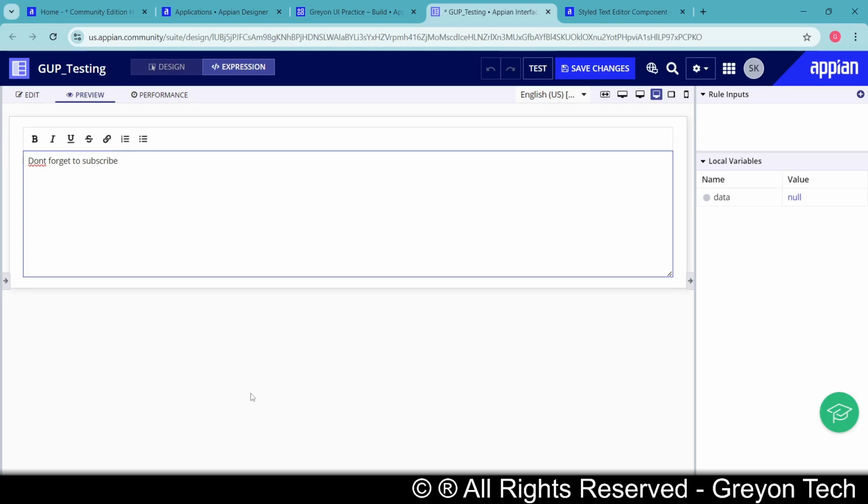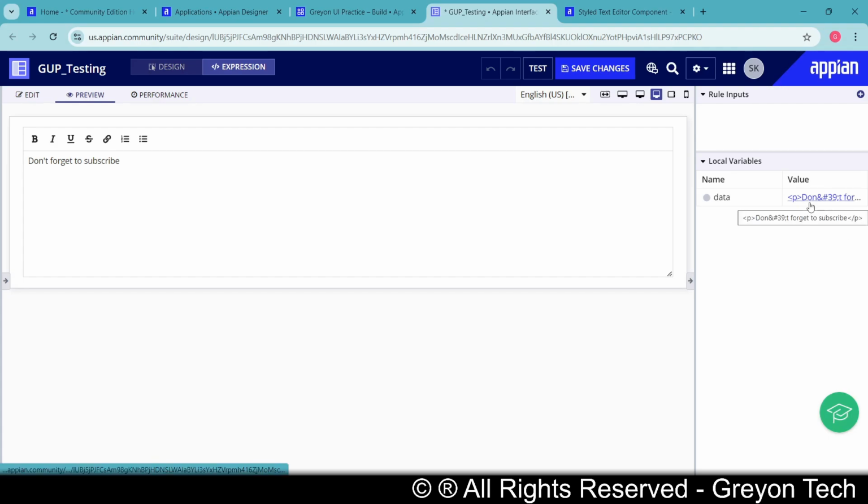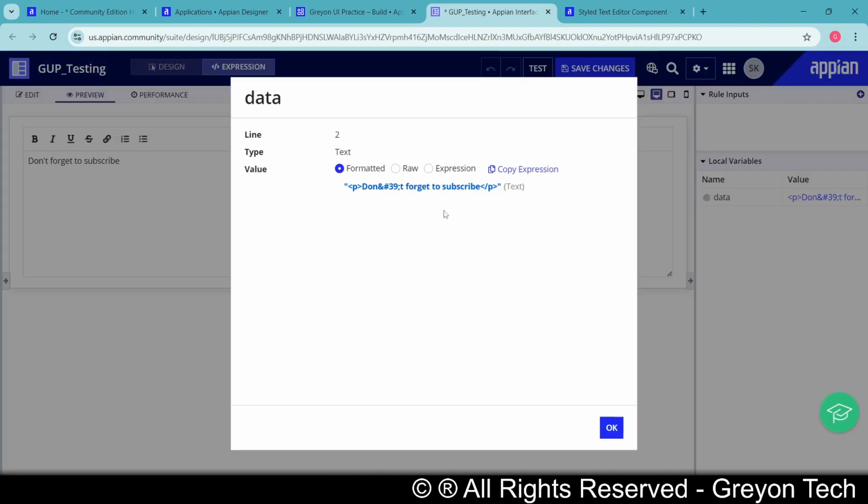So if I have entered this text, the only thing you will notice here is that it is not only being stored as a string, rather it is being stored as HTML code. If you see the expression part, you'll see that it is a paragraph, and then an ampersand hash value for the apostrophe, and the entire text is written in HTML.